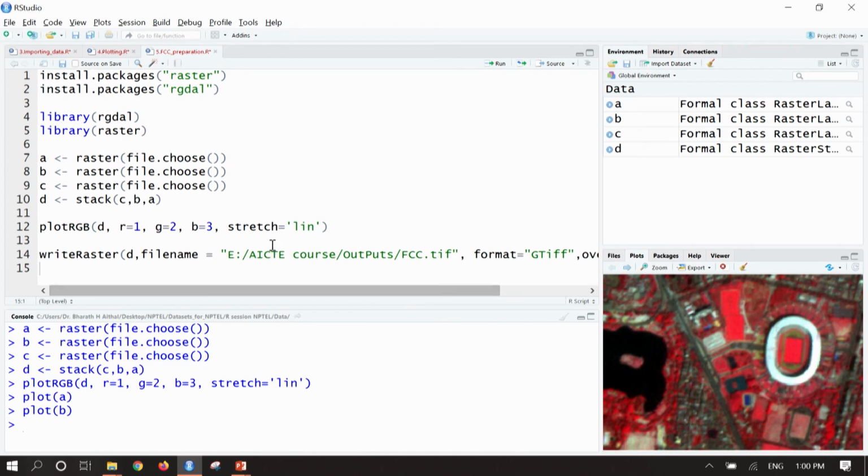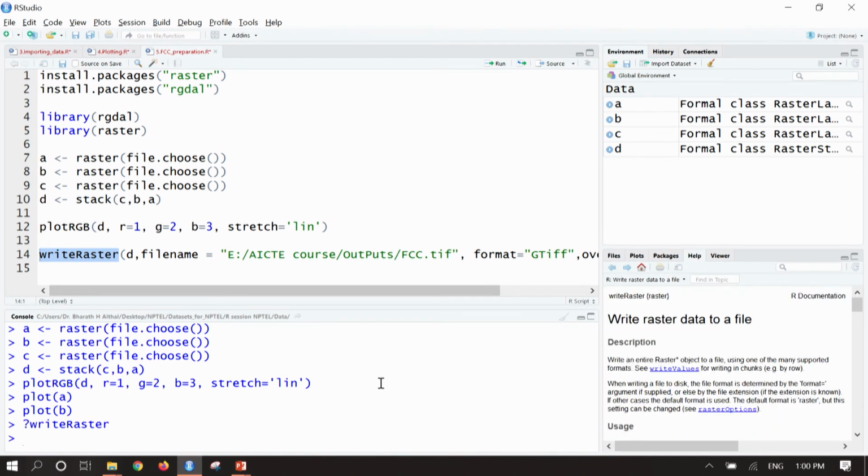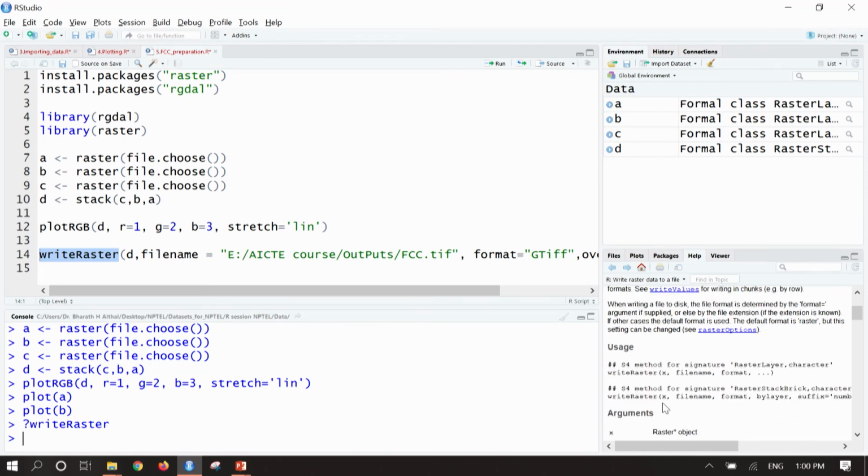To export this particular D, the false color composite which we created, we can use a function called writeRaster. How exactly it works, we can check by running question mark writeRaster. It needs raster x comma file name.